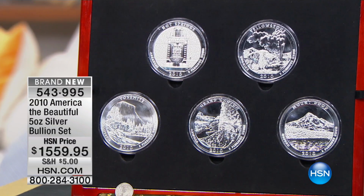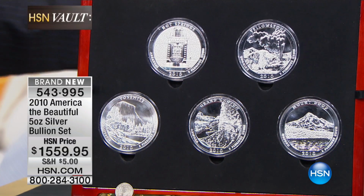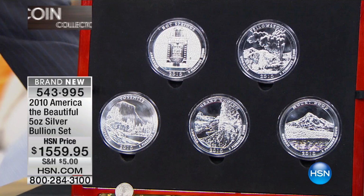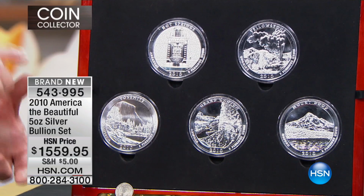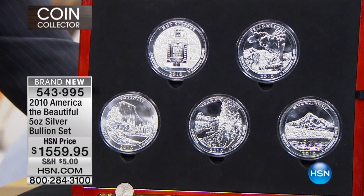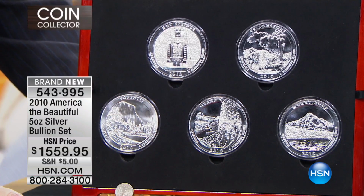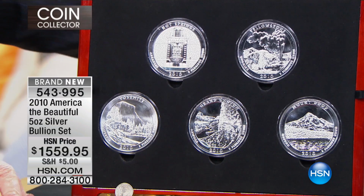Now, we had 200 sets that we sold out of the original government boxes. We opened those up on the air. We sold all 200. I was able to get 2 tubes of each. There's 10 coins in each tube. Okay, 2 tube sets that are out there. There's no more box sets that are out there. And when I bought them, they came in these fantastic red oak